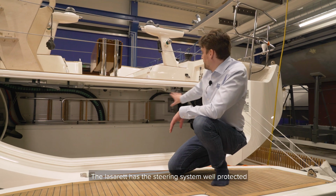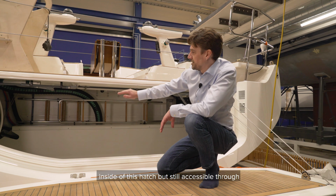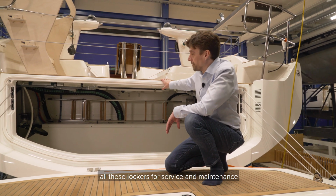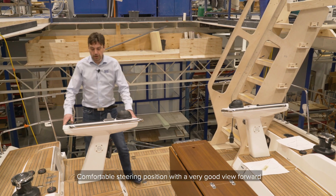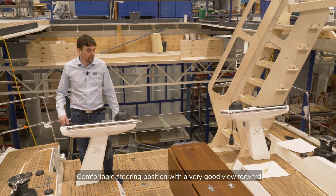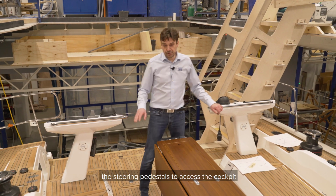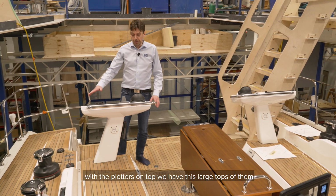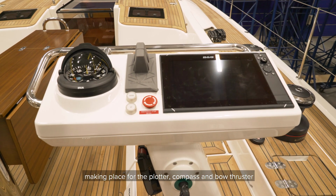The lazarette has the steering systems very well protected inside of this hatch, but still accessible through all these lockers for service and maintenance. We have two large pedestals, comfortable steering position, very good view forward. There is plenty of space between the steering pedestals to access the cockpit. With the plotters on top, we have these large tops of them, making place for a plotter, for the compass,